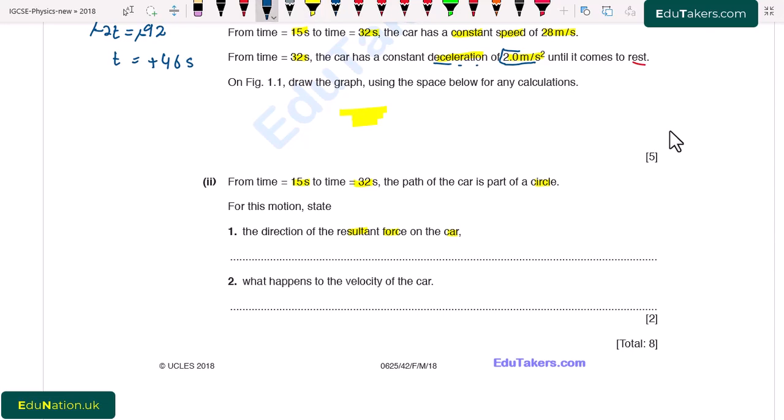So when a body is moving in a circular path, then as we know, the acceleration of the body is directed towards the center of the circle, so does the force, because according to Newton's second law, F is equal to ma. When the acceleration is in the direction of the center of this circle, then the force will also be towards the center of this circle. So I write here, force will be directed towards the center of circle.